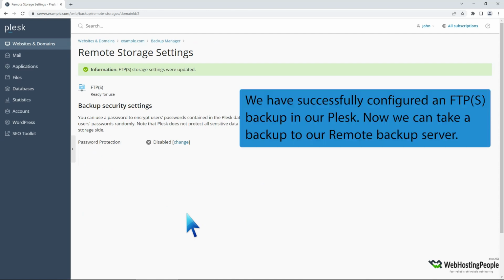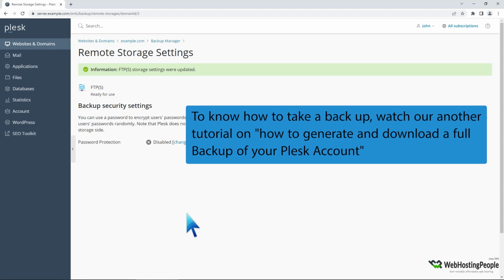We have successfully configured an FTP backup in our Plesk. Now we can take a backup to our remote backup server. To know how to take a backup, watch our other tutorial on how to generate and download a full backup